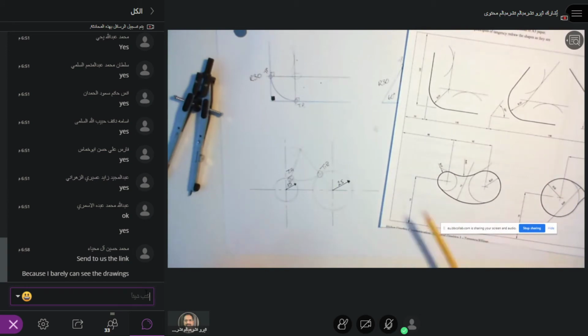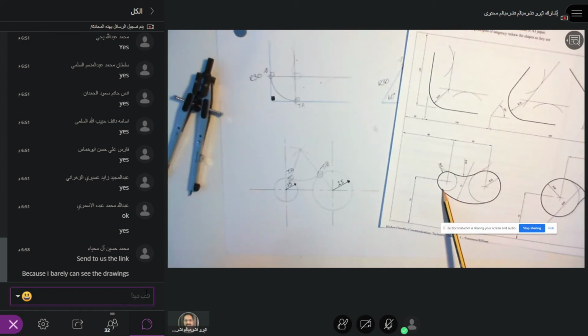Once again, here are my two fixed points. And I know that this curve here is going to have a point where the compass is going to go up here somewhere. This point here on this curve is 75 away from the centre where the compass goes. This point around here is 75 away from the point where the compass goes. But I don't know exactly where to put my compass. But I can use these fixed points again. This point is 25 millimeters closer. This point is 15 millimeters closer. I know that radius is 75.